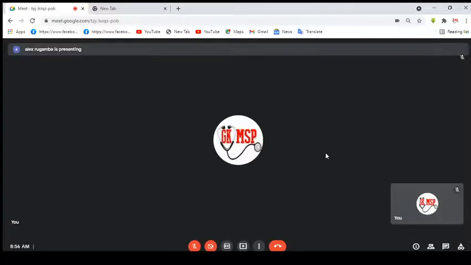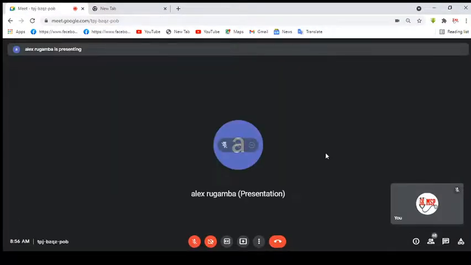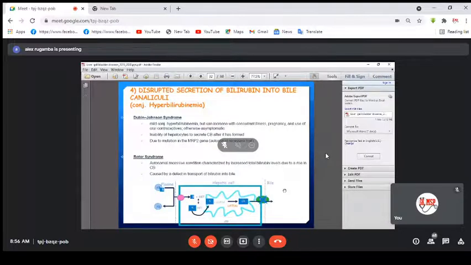A genetic disorder due to a mutation of the multidrug resistance associated protein. So if there is a mutation in this protein, then it will lead to